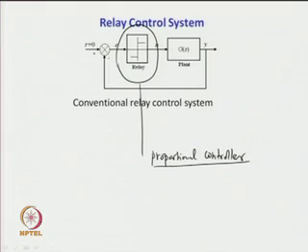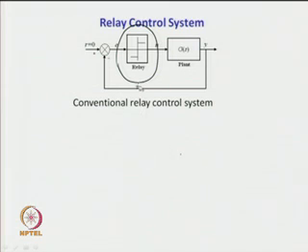But there is some risk, as we discussed earlier. If the gain of the proportional controller is more than some specified value, the output may blow out. So, when a proportional controller is replaced by a symmetrical relay, then it is found that the